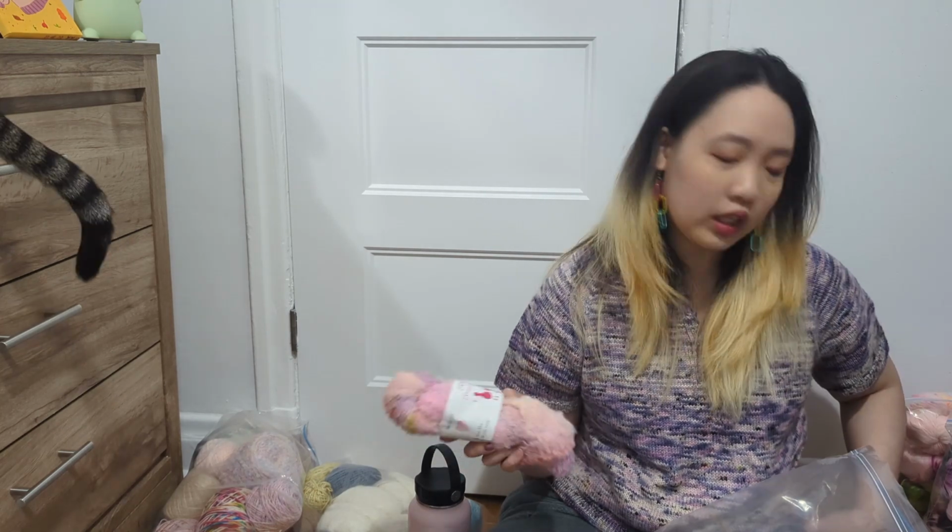I don't like working with boucle, however. If you've been here for a while, you know I made a Ghost Whisperer top and it doesn't fit right and I never wear it and it's too hot for summer. A lot of problems with that. I should frog it. I should repurpose this yarn because it's gorgeous, but I just never got to it because